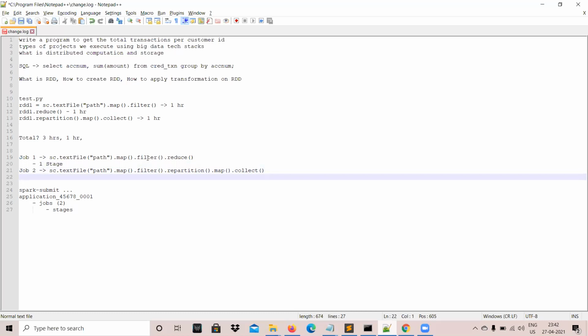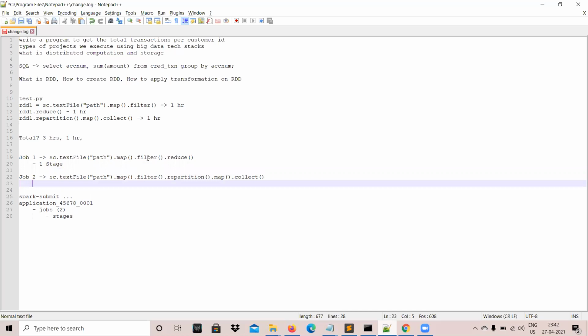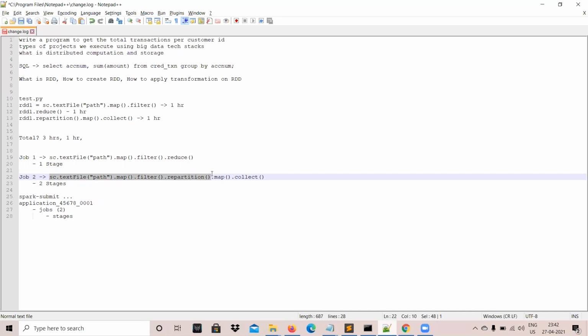How about the second job? Two stages. Correct. This would be a two stage job, because here you have called the repartition function. Before repartition, everything is one stage, and after that, the rest, only one map function, is another stage.